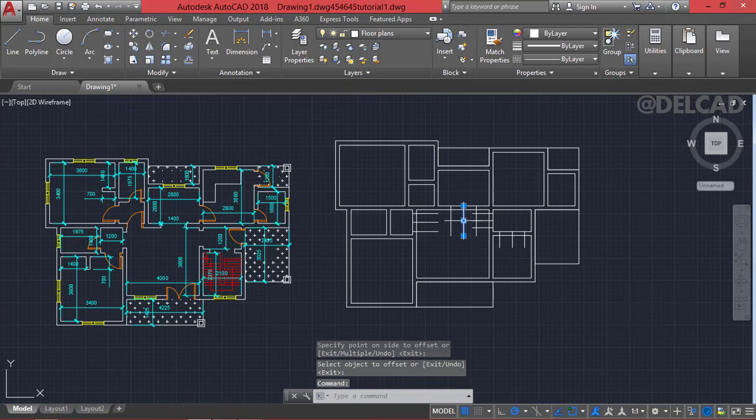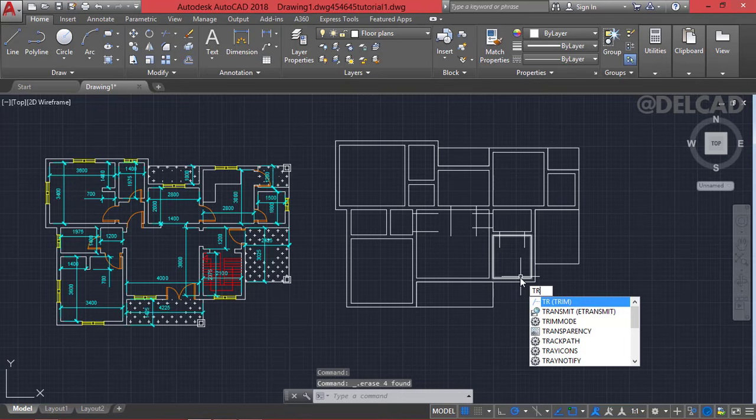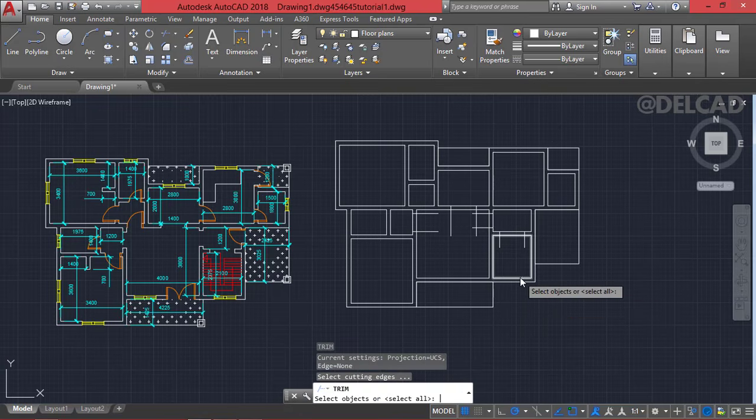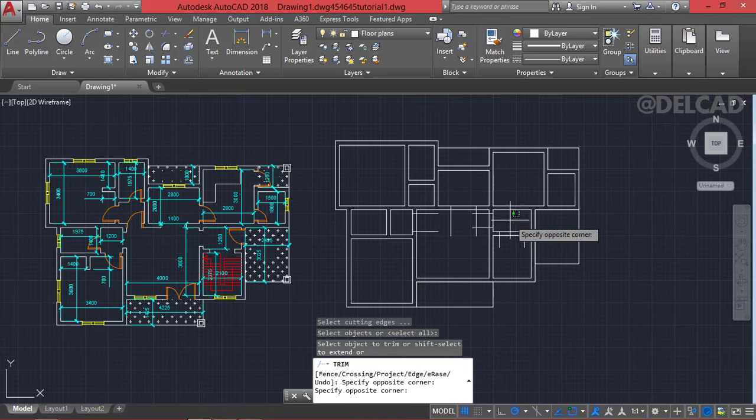Now we can erase all these middle lines. We don't want them anymore. So select these and delete them. Now use the trim command by typing TR on your keyboard and press the enter key twice